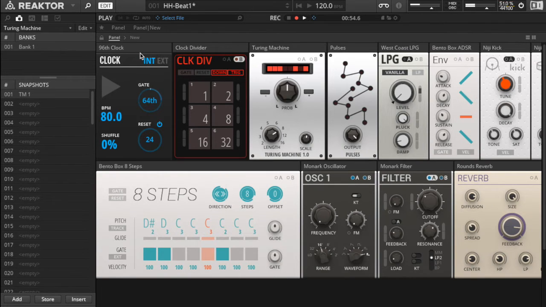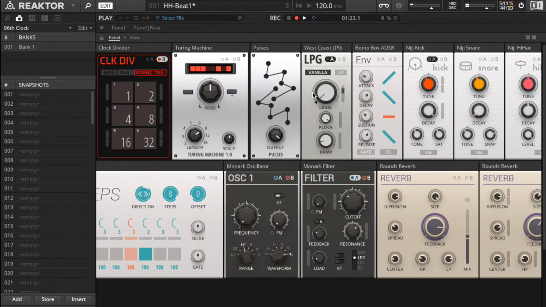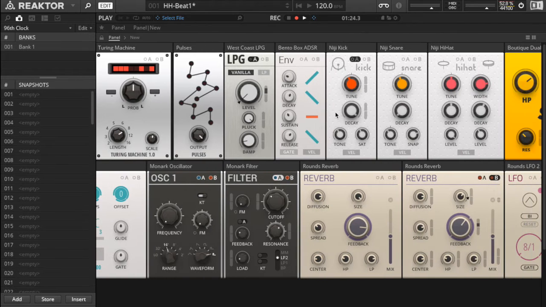So to start out with, we have our clock, and our clock is going into the clock divider. The clock divider is driving the Turing machine, which generates our random sequences and also can loop them. And that is being patched into the pulses module, and the pulses module does, guess what, boys and girls? That's right, it generates pulses. So we're using these randomly generated pulses to open the low pass gate, the envelope, and to trigger the kick,